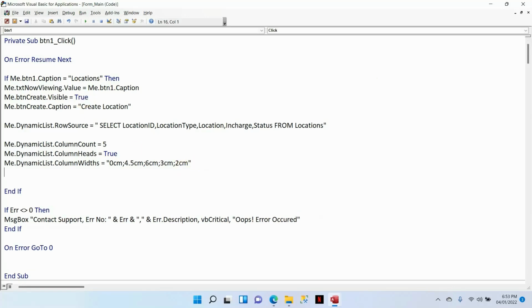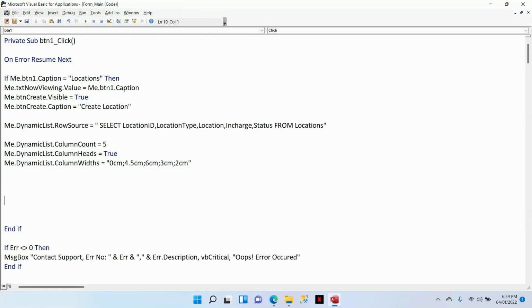Now let's go ahead and use this button again, and that means we have to do the VBA coding in the same button, but we will use else if, right? So we'll say else if Me.Btn1.Caption is equal to "Products",